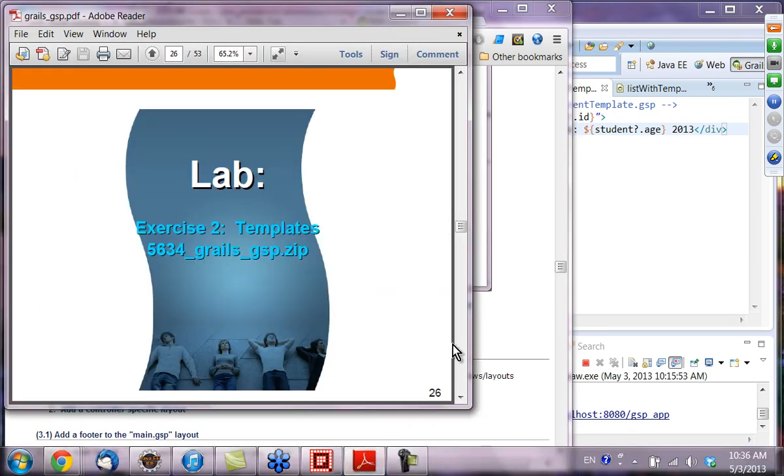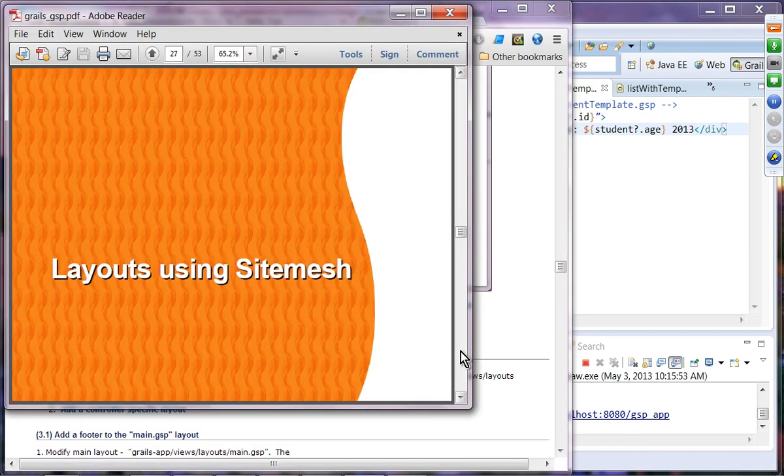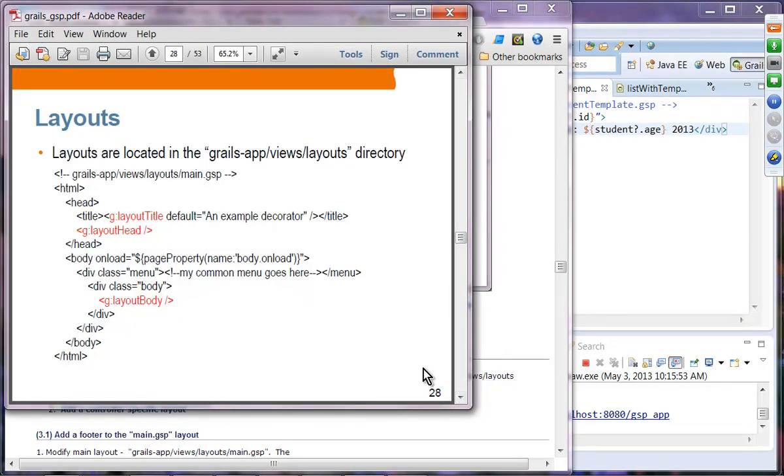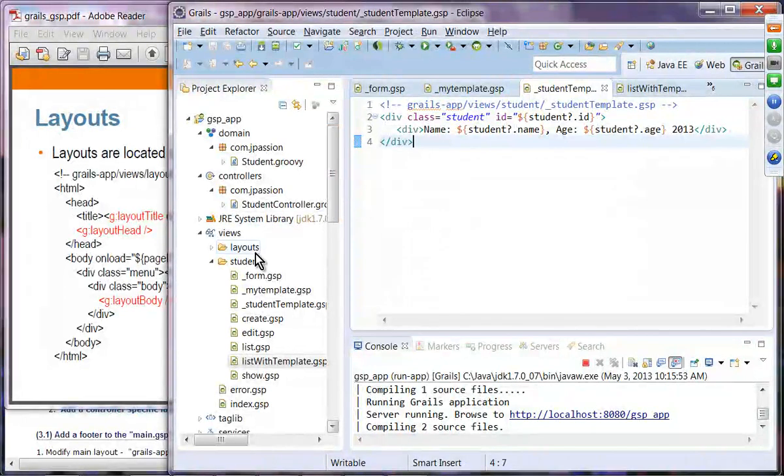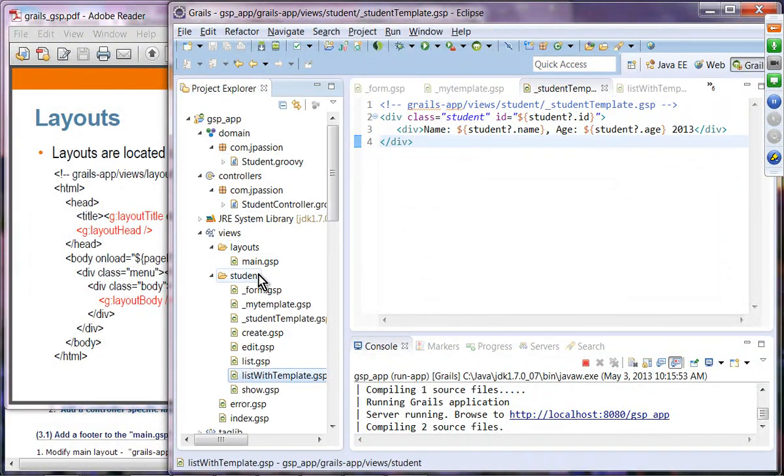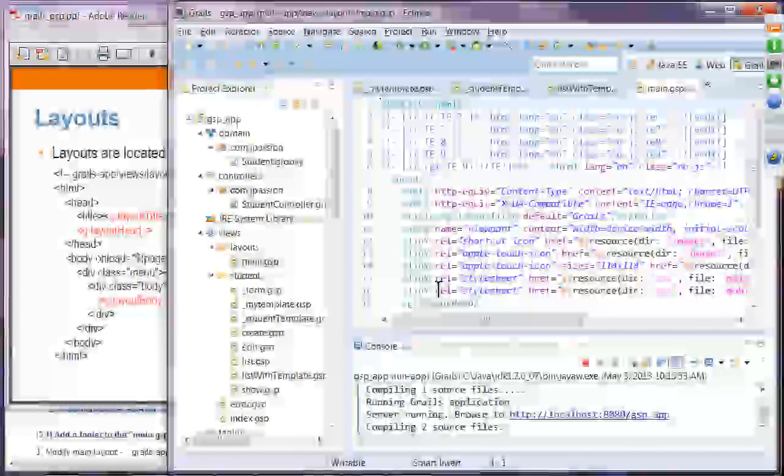All right, so that is template for the collection. So let's move on. Next one is layout. So Grails is using SiteMesh. SiteMesh is what is called a decorator engine. It's actually using that SiteMesh decorator engine to provide the layout. Okay. So layouts are located in the views and layouts directory. So basically here, this is where you have a layout. So you have a built-in layout, called the